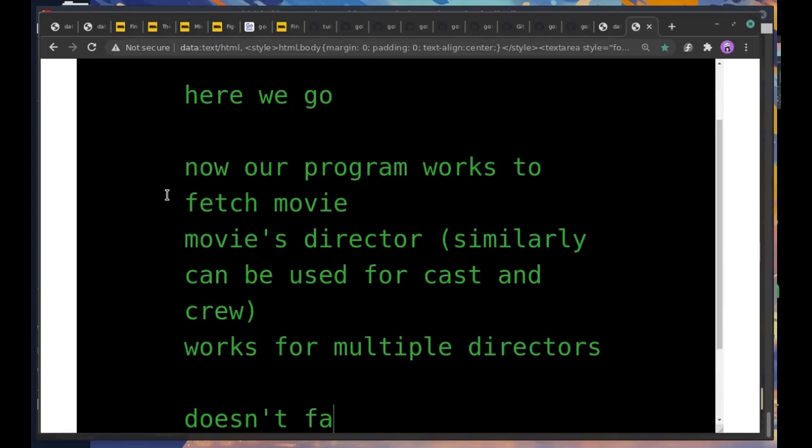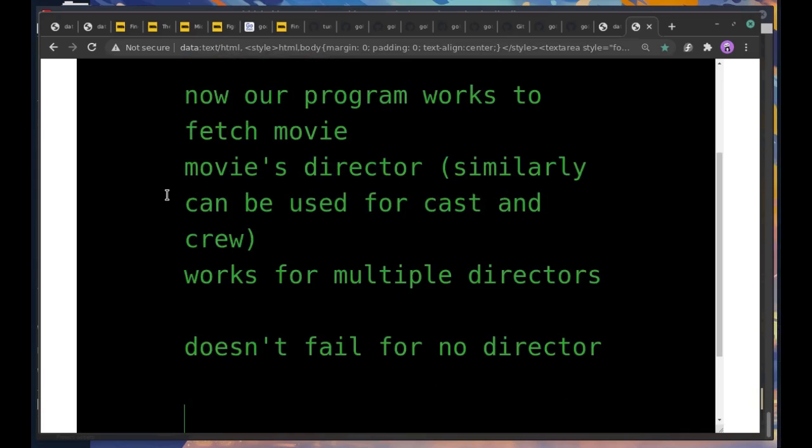And next time in this we'll fetch other details, make it a bit better, refactor it. Till then, try out